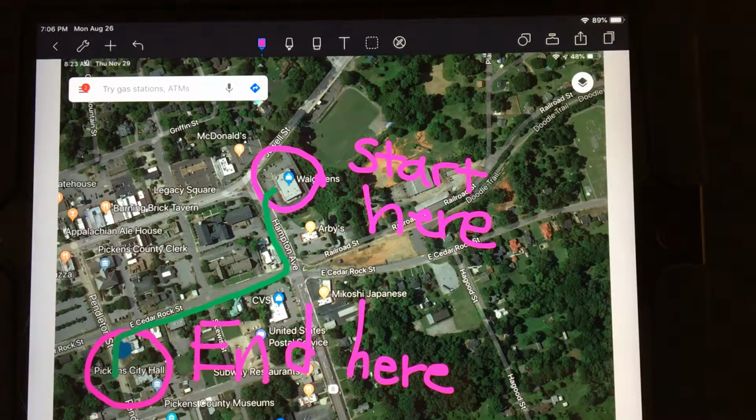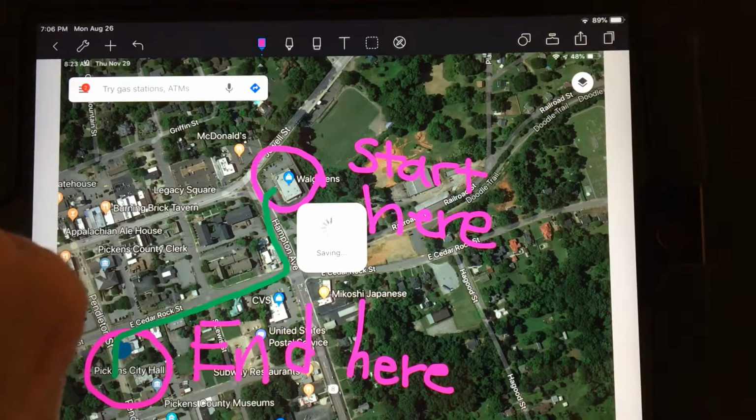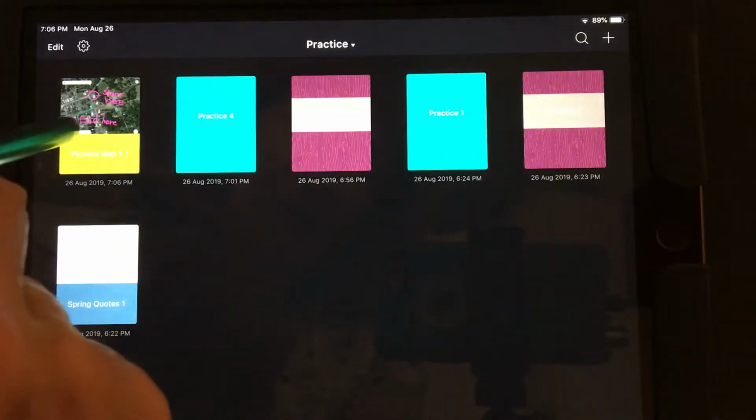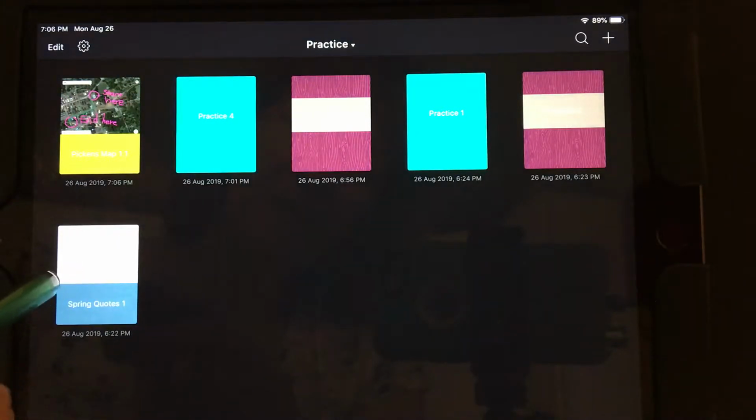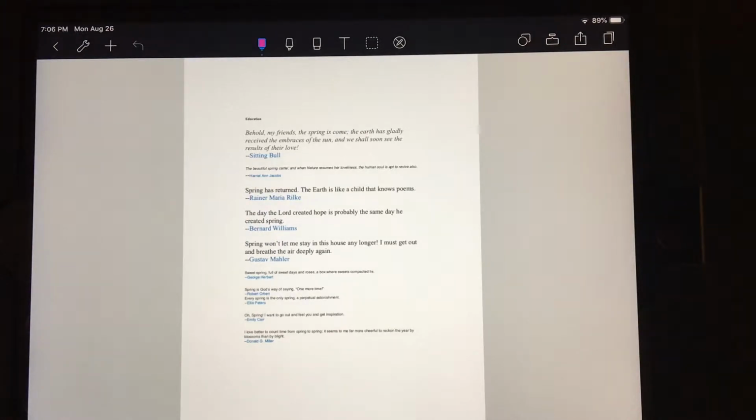So that is what you might do with a map. I'm just going to very quickly show you. And here it's saving it with my annotations. This time I would like to show you just very quickly a document that we're going to highlight and then write on. So when my students or anybody opens a document, this is what is, to me, a little bit